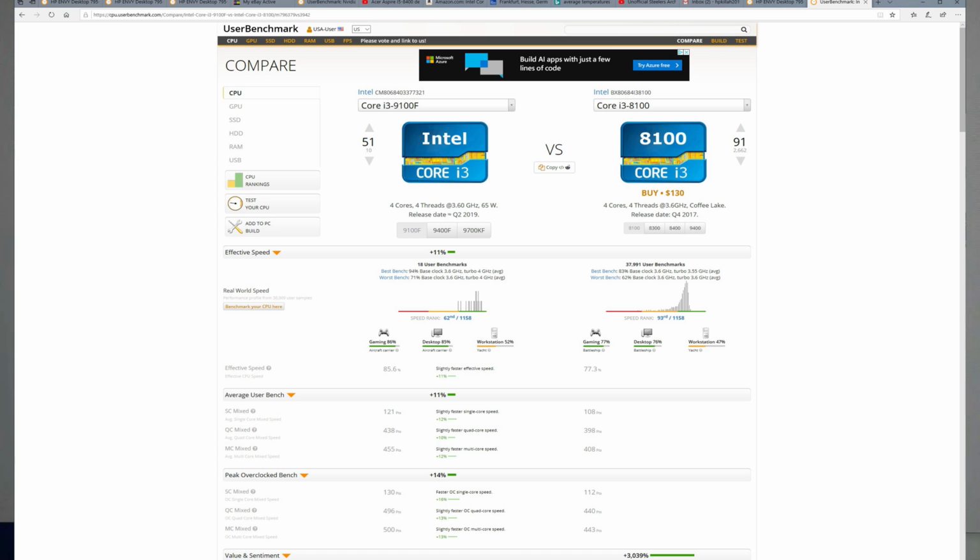Early numbers, and there's 18 user benchmarks, which over time will be better if there's a greater grouping of those. The 38,000 benchmarks gives you a little better idea. But you can see a huge improvement, to be honest with you, in single core. 121 to 108, that is just massive. The quad core is definitely improved, as well as multi-core. And then all your peak overclocked are much higher as well. So you'll see a significant jump